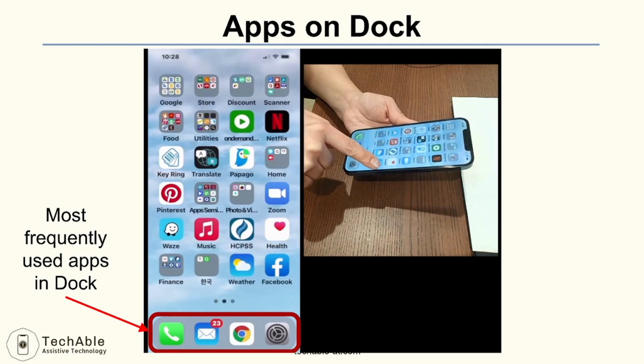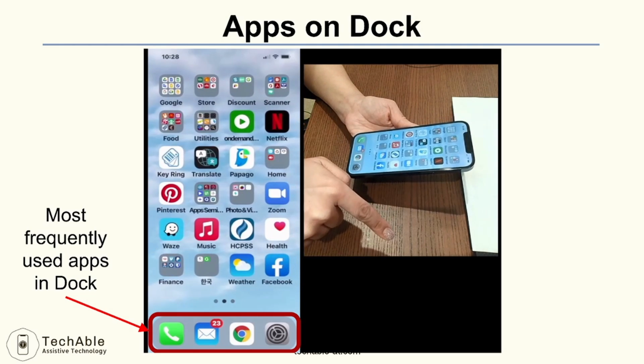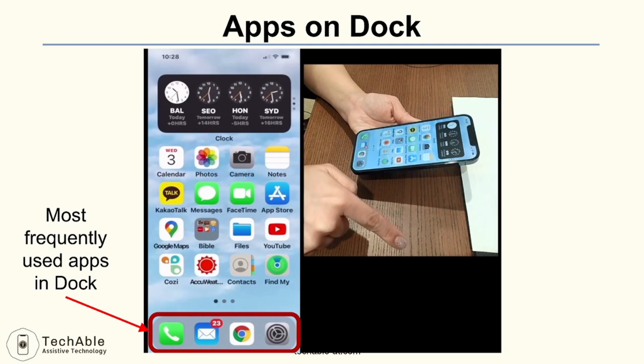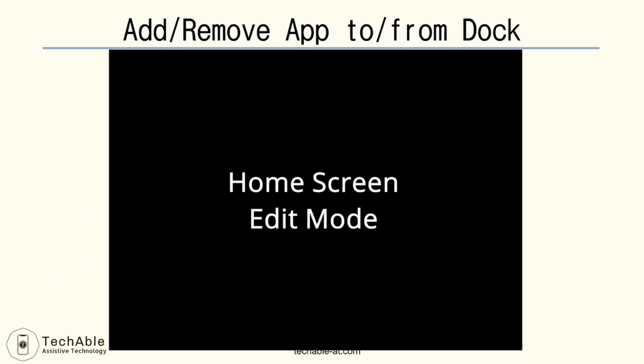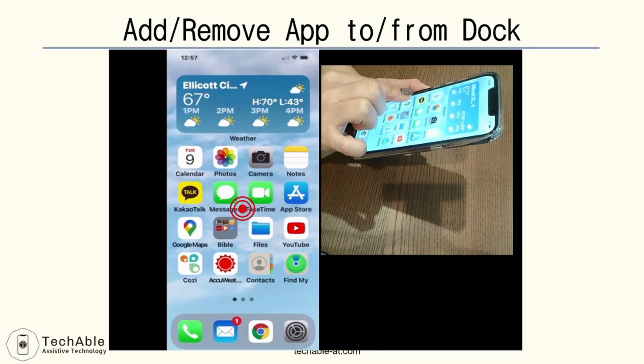So those 4 apps in the dock area stay there. Now let's learn how to add or remove an app to or from the dock. You can place up to 4 apps on the dock. First, you need to navigate to the home screen where you see the app you want to move to the dock. Then, place and hold your finger on the screen